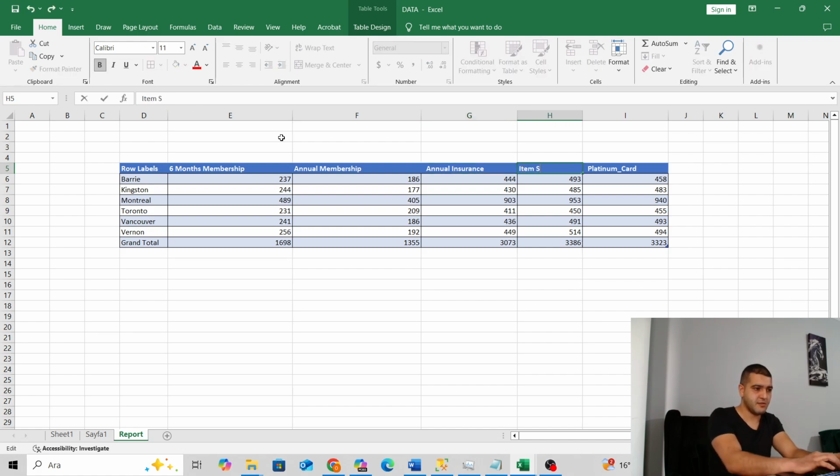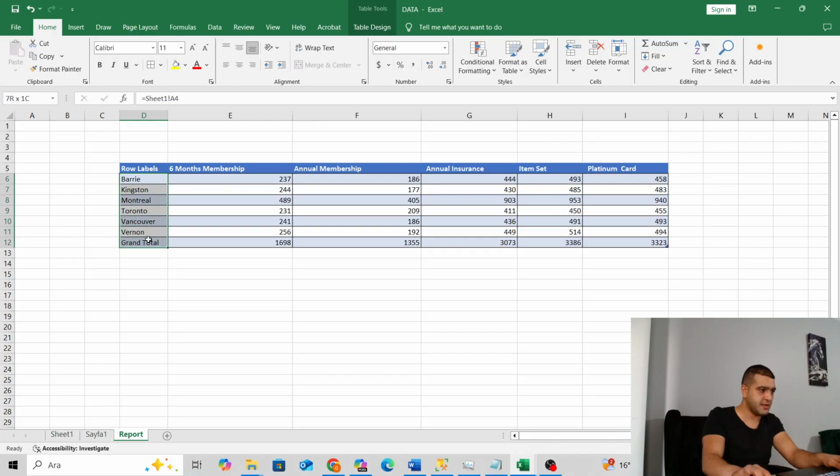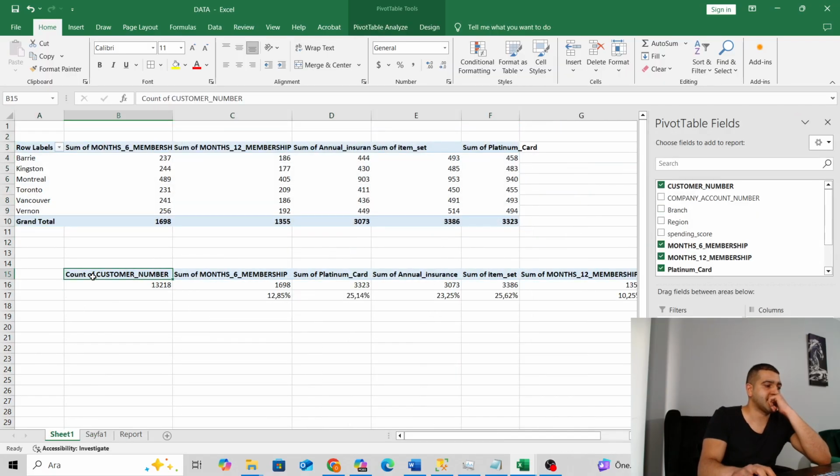Item set and platinum card. And it's our branch. Barrie, Kingston, Montreal, Toronto, Vancouver, and the total one. Total. No, I don't need that. So format painter. No, I don't need format painter. So, and let's copy here